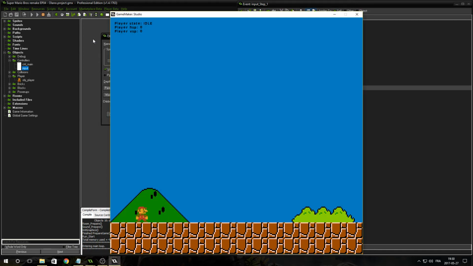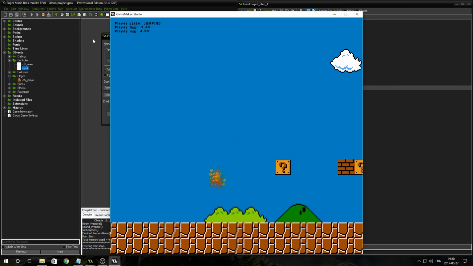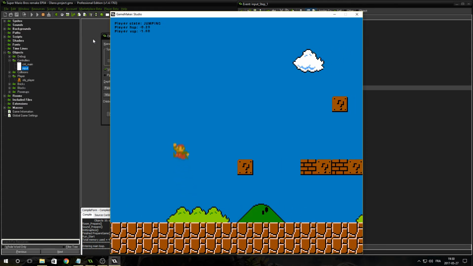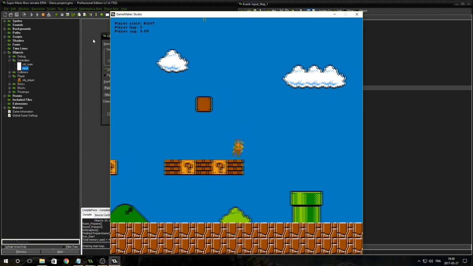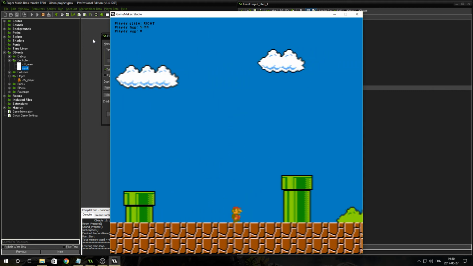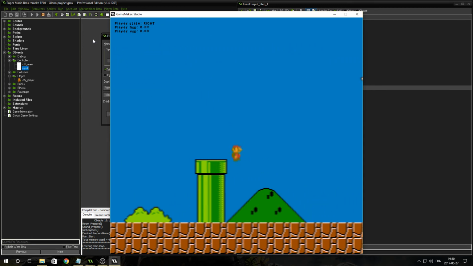All right. So my gamepad isn't on right now, so I can use the keyboard to move around and the keys to interact. But as soon as I press the power button on my gamepad and it gets connected, I can no longer control the player with the keyboard. Now I have to use the gamepad, and it works. So right, left, A button makes me jump. All right, start, select, and B work, but there's nothing assigned to it in the game yet. All right,